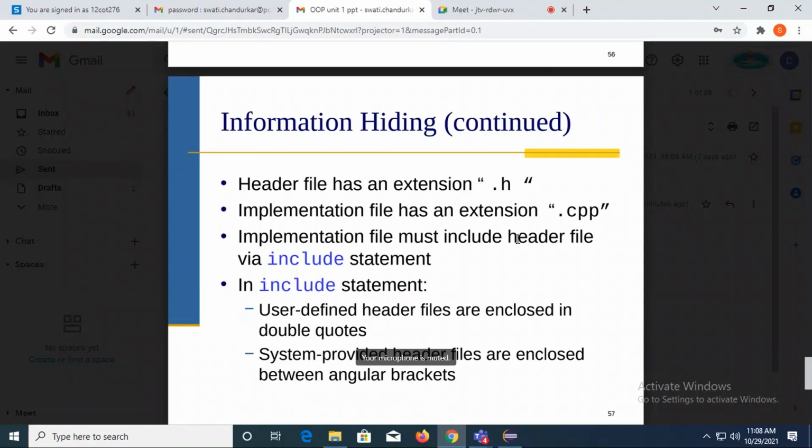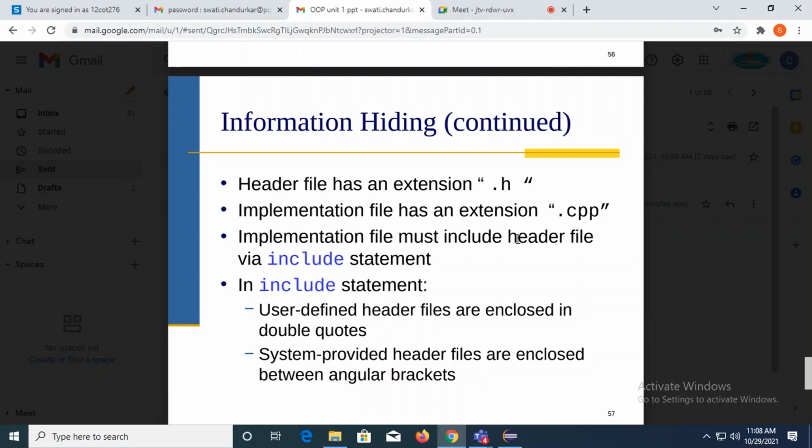And with the help of include, you write at the top hash include and then your class name or file name, so that it can be included. Is it okay? So include is again a keyword. These are the simple things we know about how many types of files we can create. One more thing: you can create a header file with the help of .h. You create your implementation or execution file with the help of .cpp.